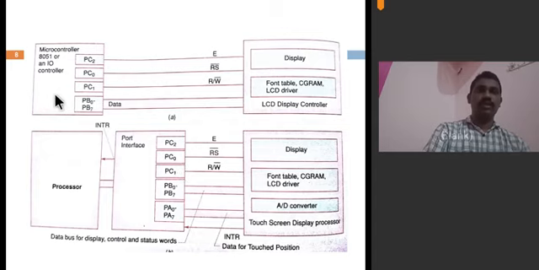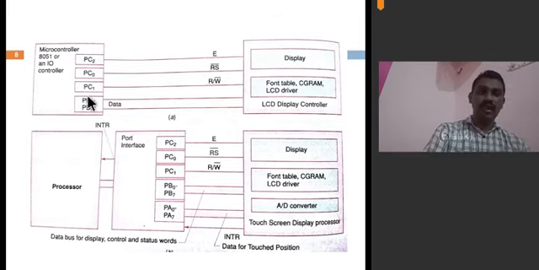See, this is how you interface your I/O device, such as an LCD display, to the microcontroller unit. Here we are interfacing the LCD display to the microcontroller unit, and the interface is parallel. See, here we are interfacing to the lines PB0 to PB7. In total, 8 pins are required for interfacing the LCD display here.